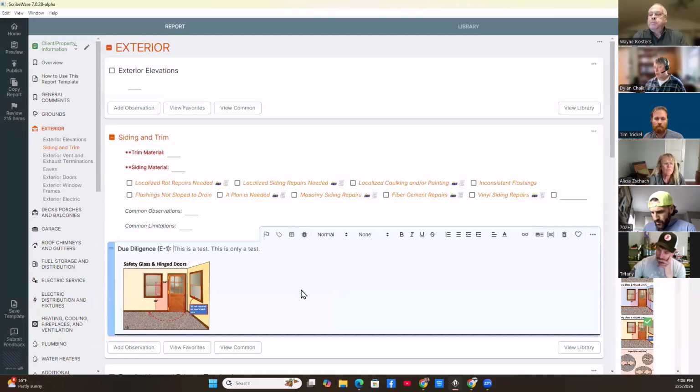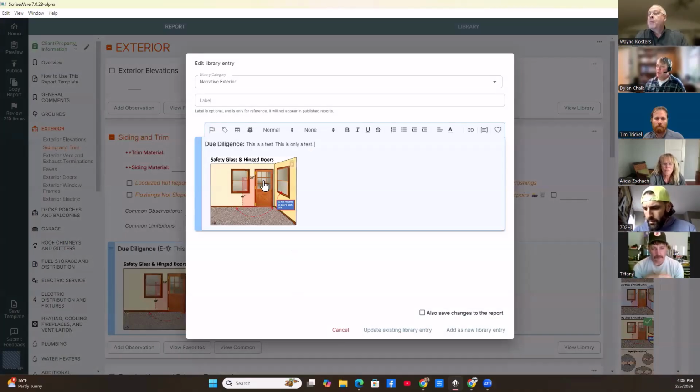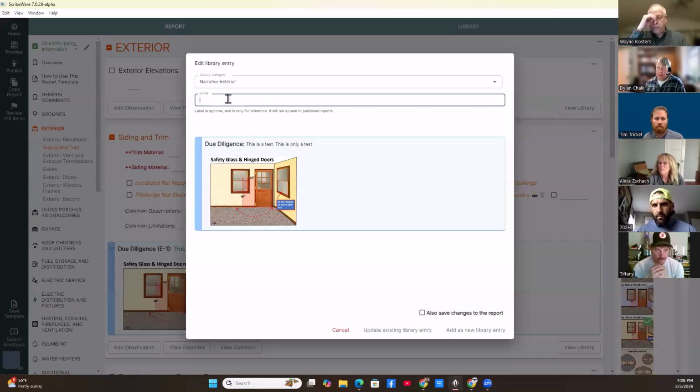So the next thing that we can do, and another option under these three dots that you might have noticed, is edit in library. If you edit in library, this is actually a chance to give every narrative a label. The label's really not needed in my mind if you're just doing really simple comments because you can read the comment. The label becomes really important to me if you have long comments and you need to quickly distinguish one from another. Everybody kind of with me there? If it's a long comment, I don't have to read the whole thing. So let's give this a label,